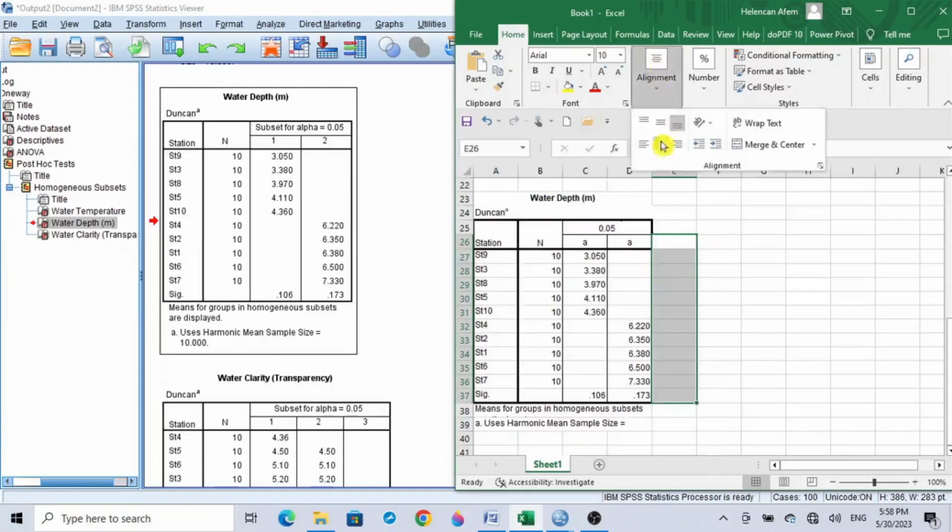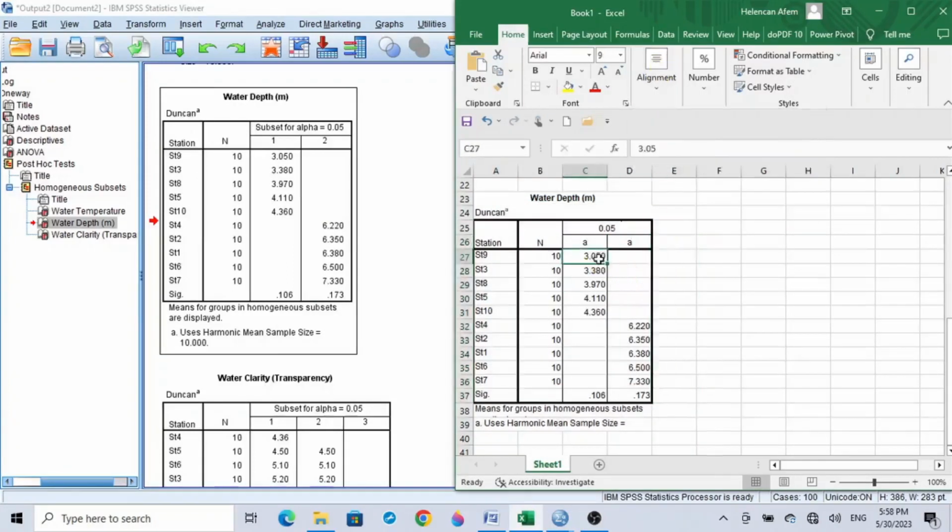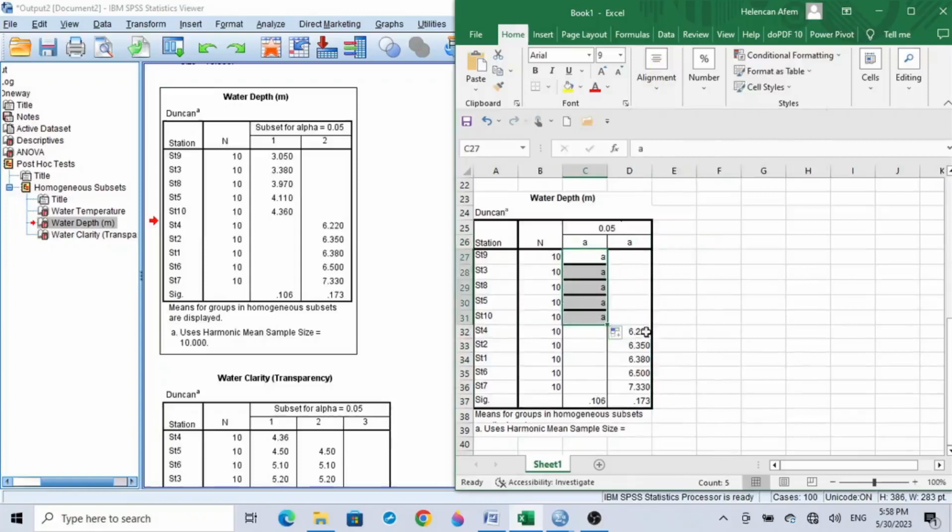Then, change all the mean values in subset 1 to letter A, and change all the mean values in subset 2 to letter B. Then, bring out the common letters and place them in a different column outside the table like this. So we now have A, A, A, A, A, and B, B, B, B, and B as the compact letter